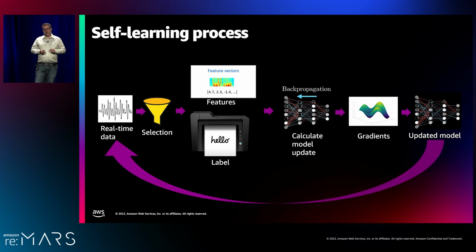And currently, this round takes about 30 minutes. The part from real-time data to gradients takes a few seconds. That part's really fast. That's the near real-time part. But the application of the gradients to the final model is the long pole. And the reason for that is a couple of things. The real-time service that's computing these gradients is running on hundreds of nodes to scale up to the traffic volumes that we have. So each one of them is producing one of these gradients. And so when we update the model, we have to combine all those together to create a single gradient.